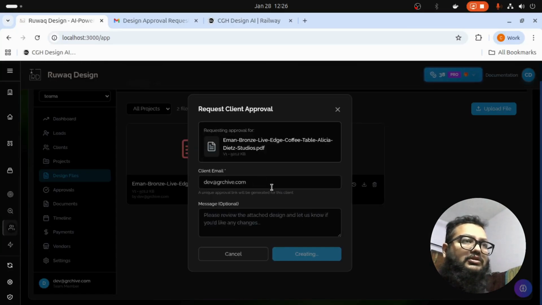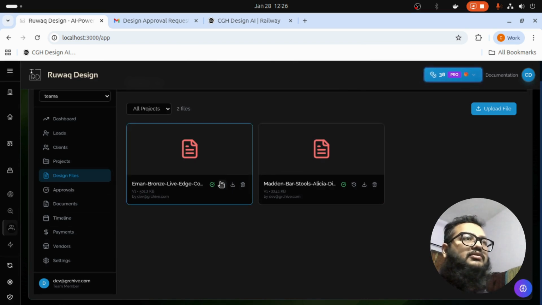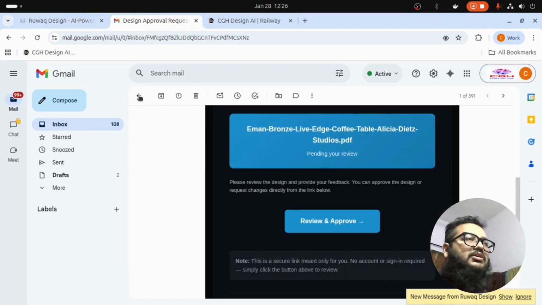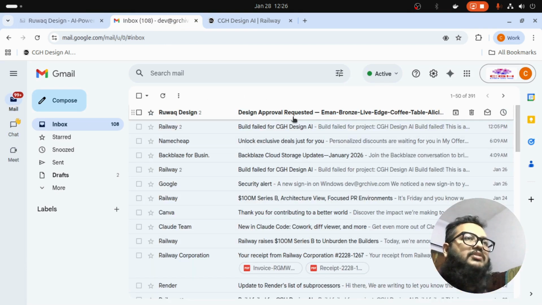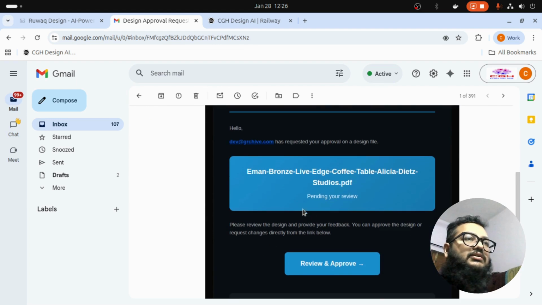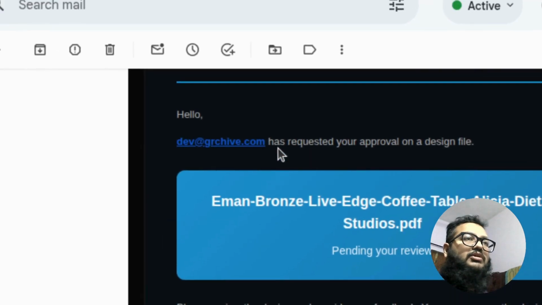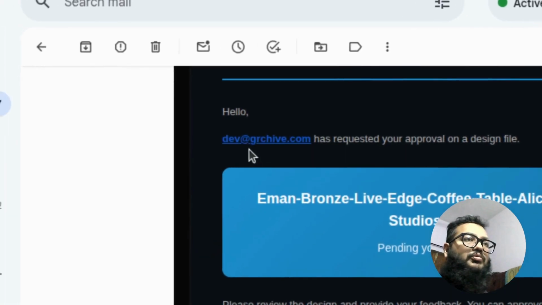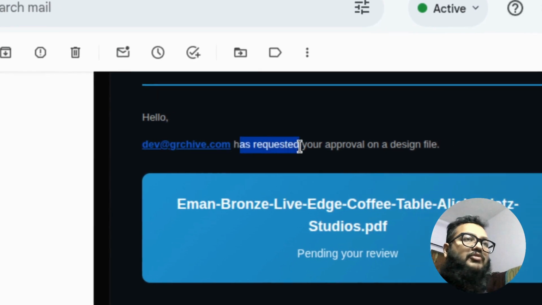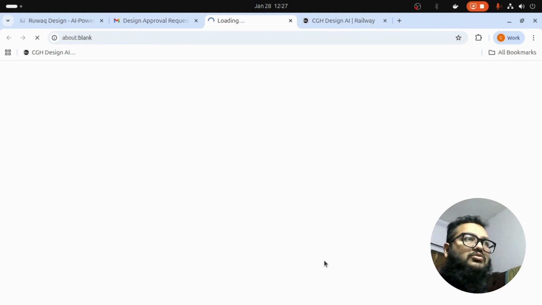Now it should create a link, as well as send an email to your client. Let's check the inbox. Your client gets an email like this, and if you read that email, your name and your account email will be here, and it will say that you have requested an approval on the design file. If your client goes to this link,